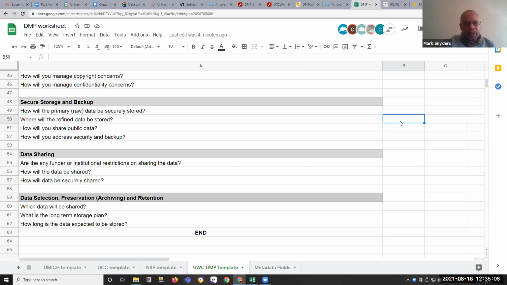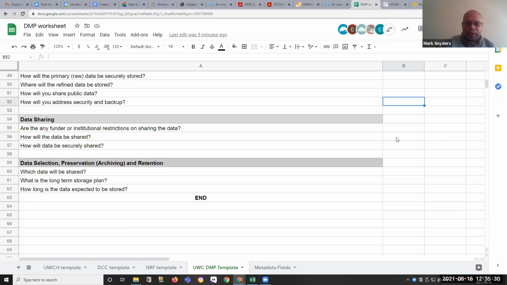Okay, as far as sharing your data publicly is concerned, you would share your data via DOI, which is something Kikapu can produce for you. And then how you will address security and backup concerns. This is something that Figshare, as a software service, provides for us. These are also questions that we can help you answer when drawing up a DMP.